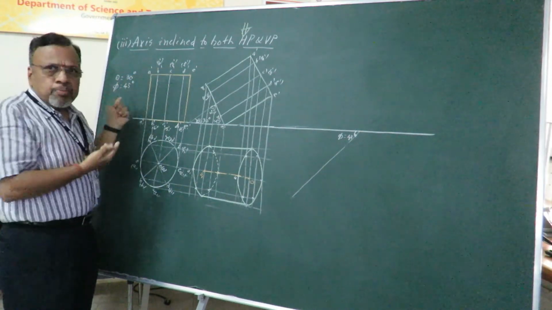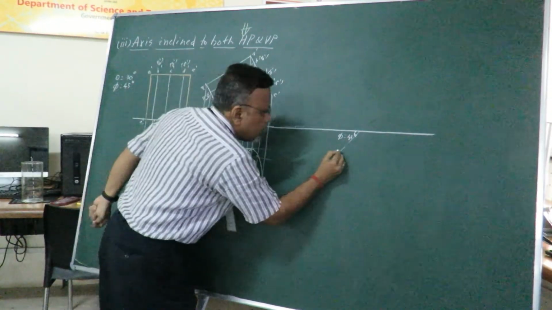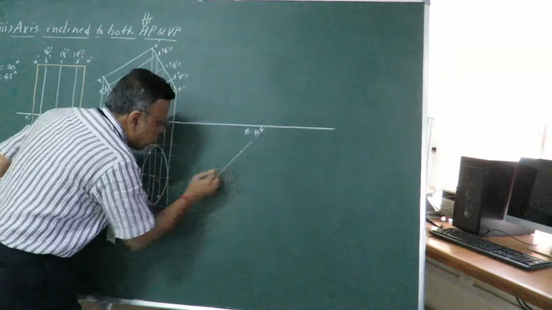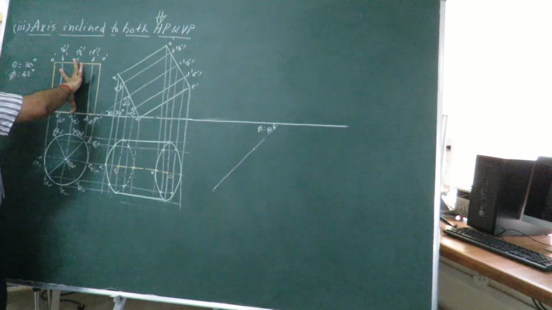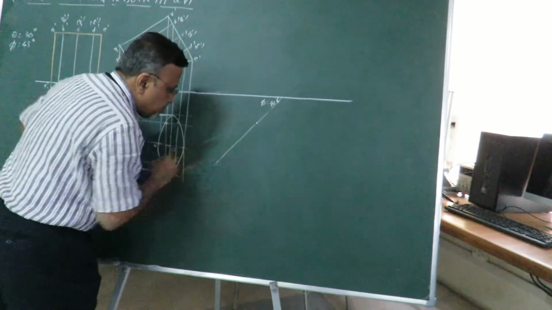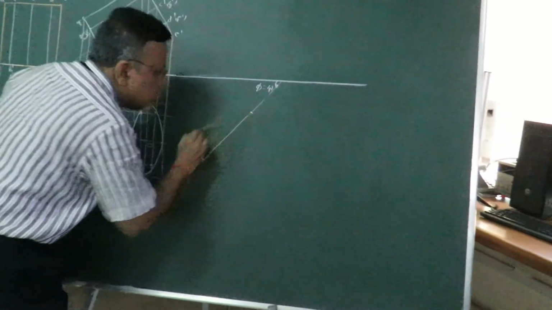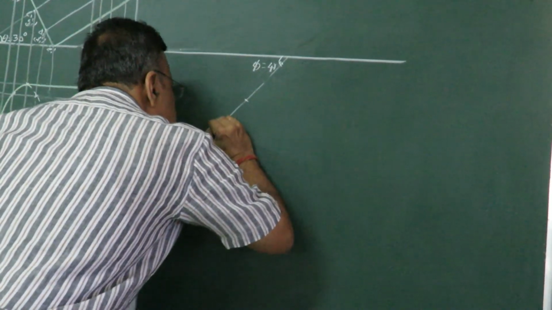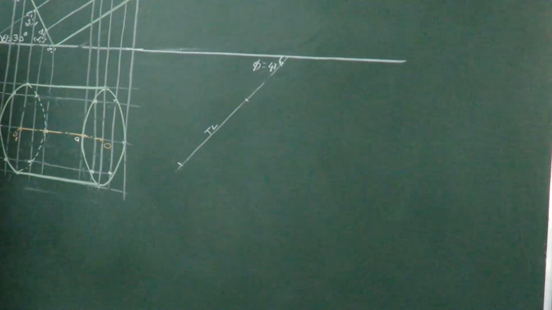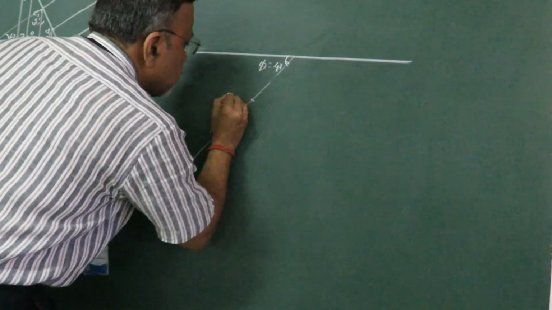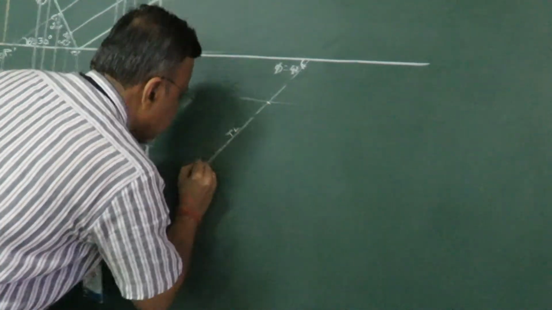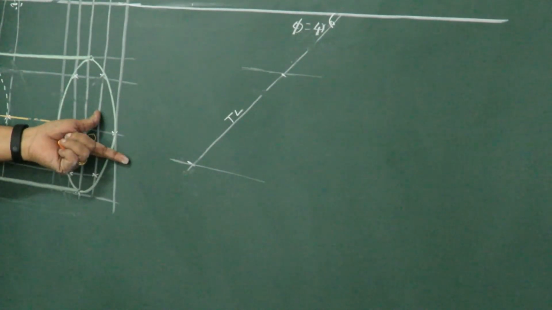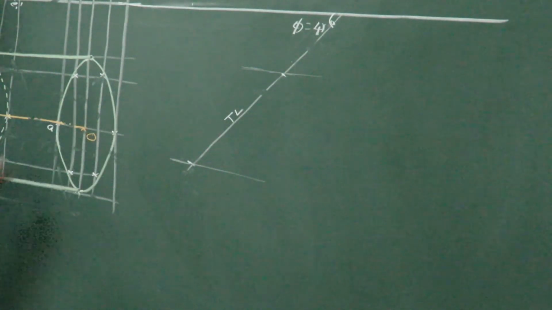So I will take this axis length here. Or anyway, it is given in the problem. So I can just take the true length of the axis. I will just mark it arbitrarily somewhere. Let us say this is the true length. That is, I just took this length, then I have marked it here. Is it okay? So this is my true length. Since it is true length, I will consider this as TL, just for our reference. Is it okay? Now I have just drawn these locus points. That is how these ends will move in the top view.